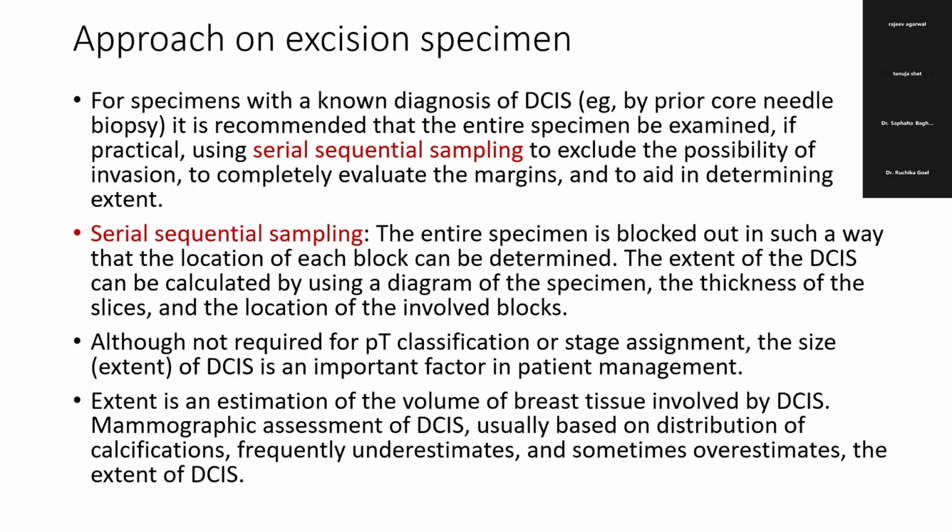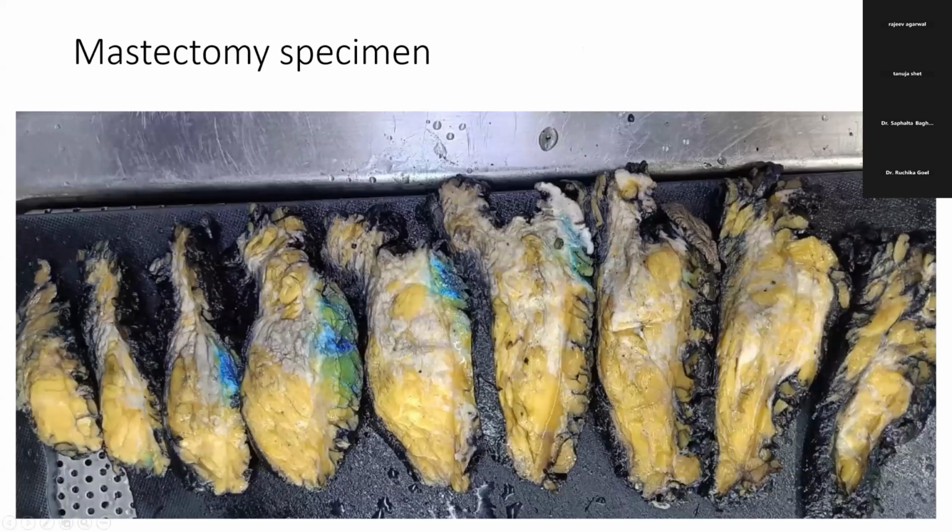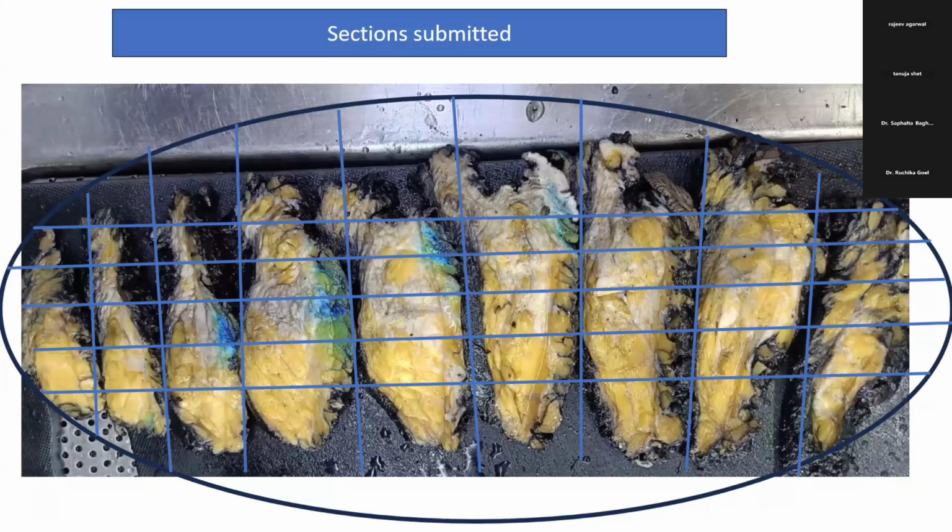So approach on excision specimen. For specimens with a known diagnosis of DCIS, it is recommended that the entire specimen be examined using serial sequential sampling. This is my favorite way of sampling the DCIS, wherein if this is the mastectomy specimen, a fixed mastectomy specimen, I divide them into flaps the next day after they are fixed, and I draw a diagram by blocking out. I just map the entire breast parenchyma and I block out each area, and this way I feel confident that I'm looking into every area